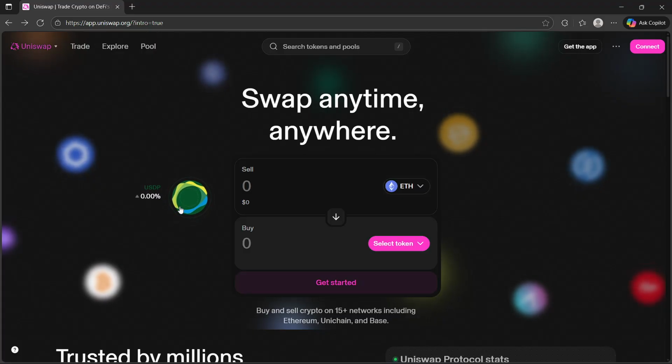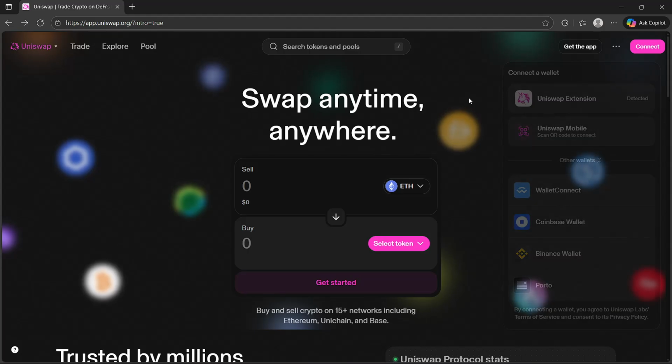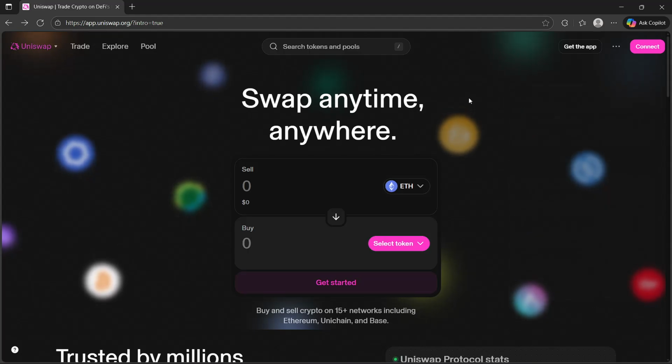So first open app.uniswap.org and then you will have to connect your wallet, which you can do right here. So just go ahead and click connect and then you can just choose from this, or you can connect this to your wallet, to your existing one. And after connecting a wallet to it, what you will have to do is click swap, which is under the trade